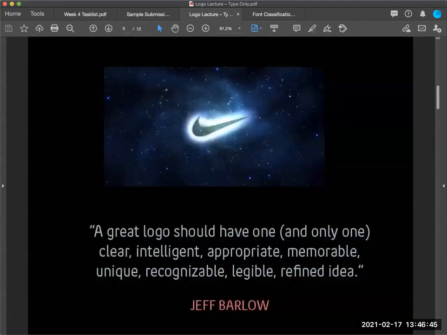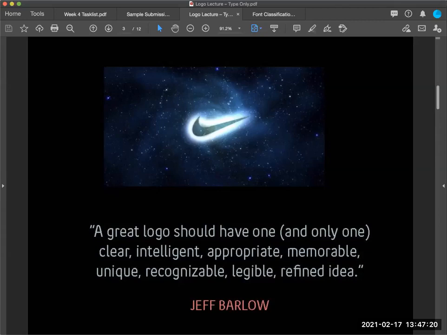A great logo should also have a single distinguishing mark. So something that would not be confused with another business, would not be misconstrued to meaning something other than what its intentions were. So if we look at the famous Nike swoosh here, there's definitely an origin story behind the Nike swoosh logo, that it's based off of the wings of the Nike God's shoe. It's also a mark that was designed by one of their freelance designers.